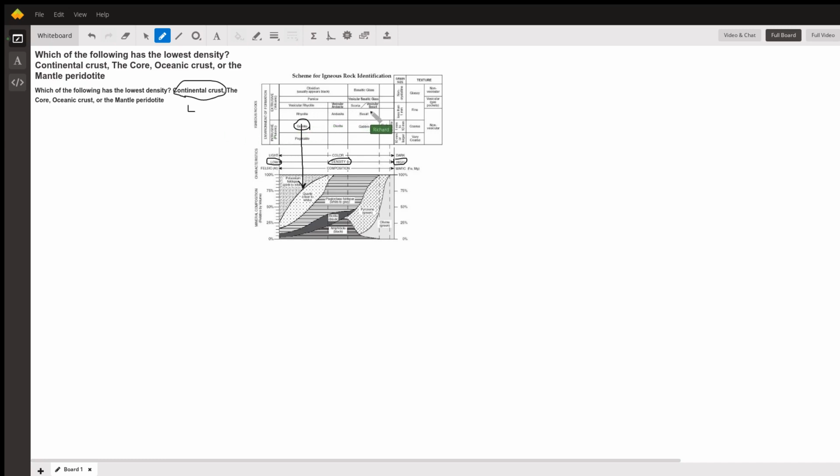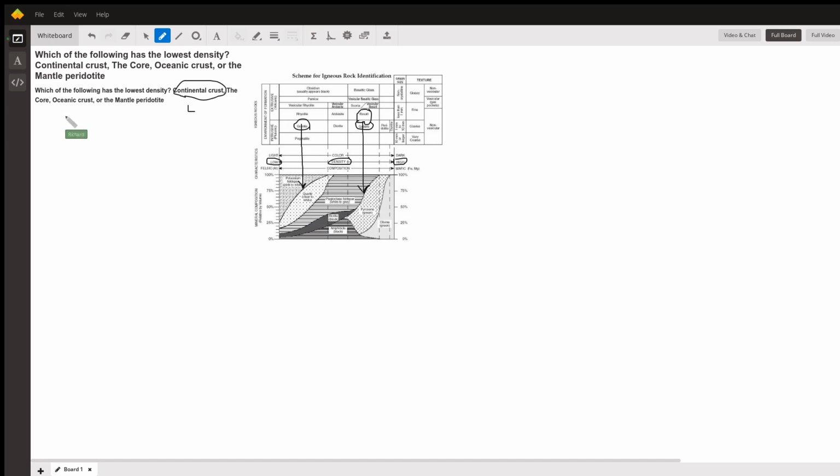On the right side of the diagram, we have basalt and gabbro. There's basalt, there's gabbro. These are the rocks that make up the oceanic crust. What kind of density are the minerals used in these rocks? Come down here and notice that they are minerals we call pyroxene, largely pyroxene, plagioclase feldspar to some extent, but notice it's to the right on the density scale. That means that these rocks have a higher density mineral composition. So the oceanic crust has the next